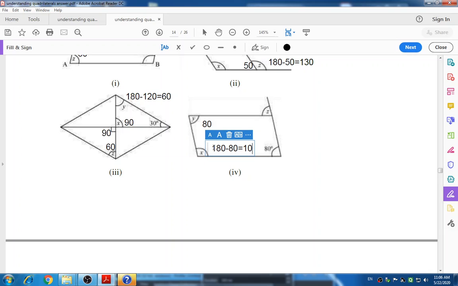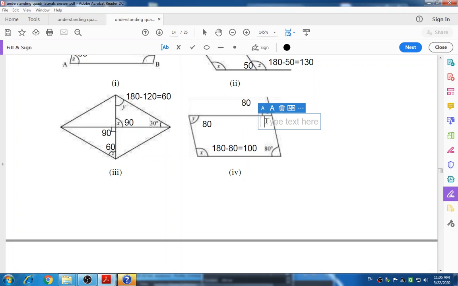Or you can write this also, where this X and this angle are opposite angles which are equal in measure. So this angle is also 80 degree. Or instead of that we can write that this Z and 100 make linear pair angles. So we can subtract this 100 from 180, where we get 80. So the measure of angle Z is also 80 degrees. So both ways you can solve this example.